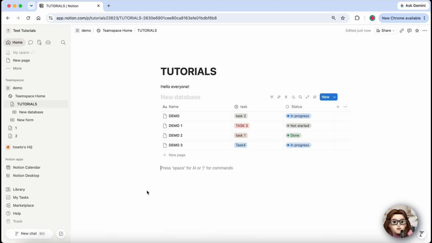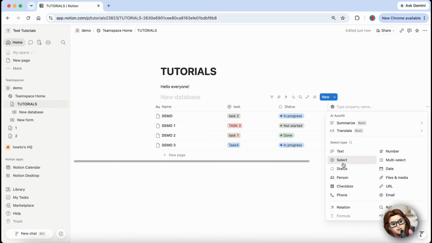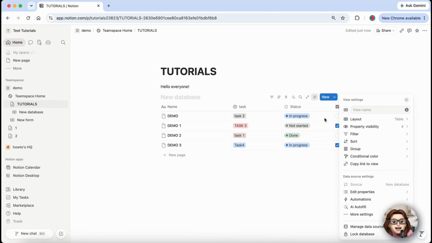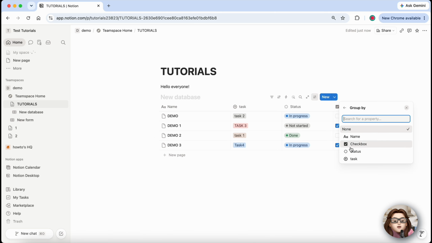Click Group at the top of the database and choose a property such as Status, Category, Tags or Assignee. Notion will automatically organize your pages into groups based on the property you select. If you update a page's property later, Notion will automatically move it to the correct group, helping you keep everything